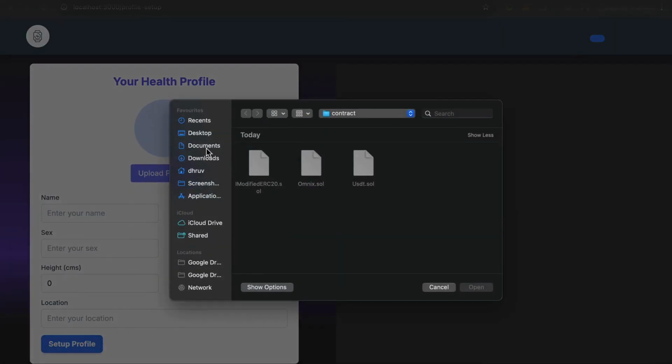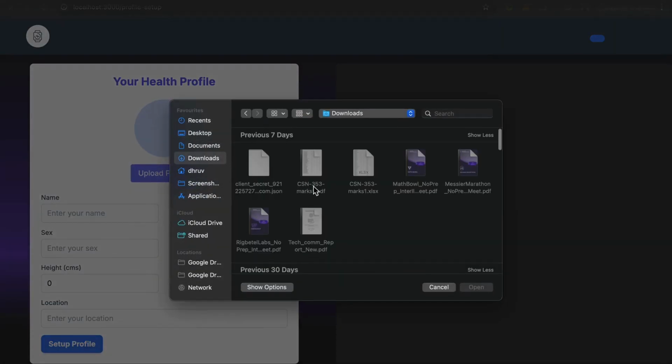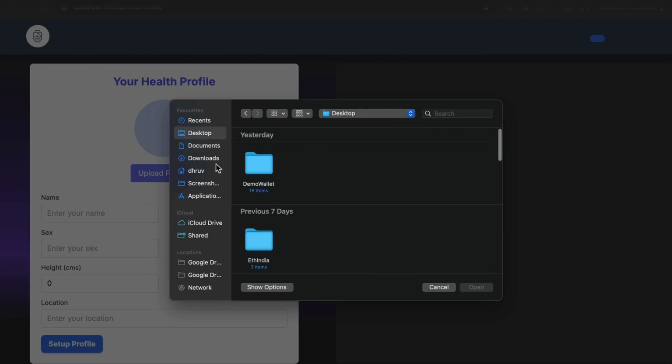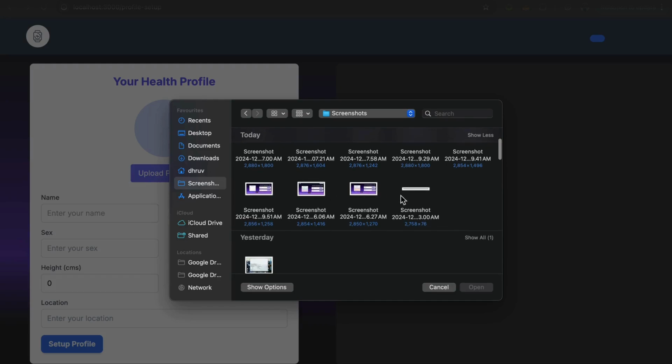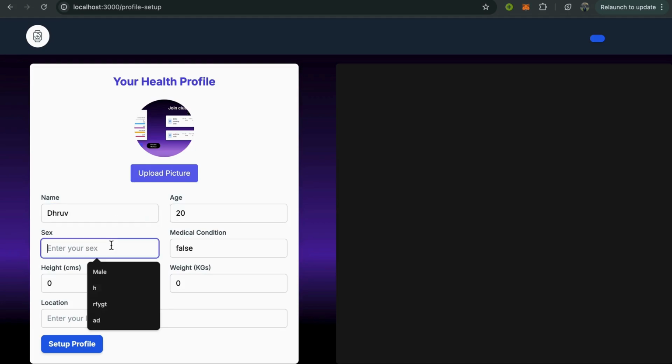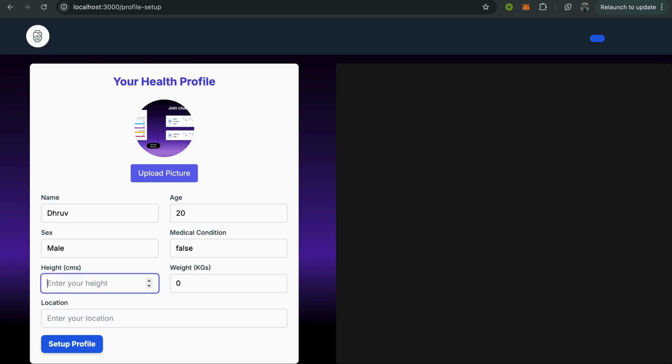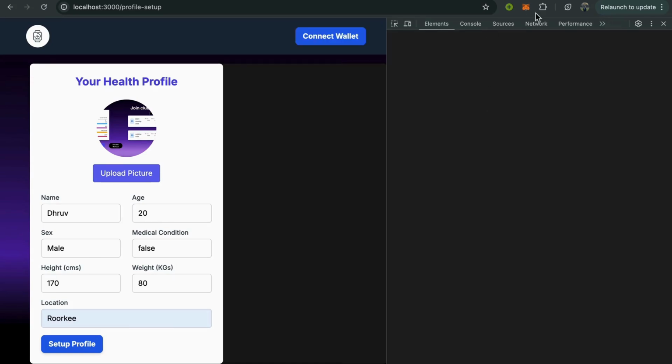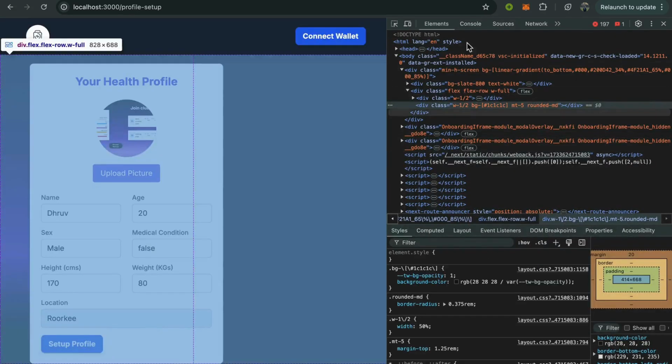We upload a picture here. Let us select any random picture and type a name. And this is the connect wallet button, and we click on it and we see inspect, and we see that